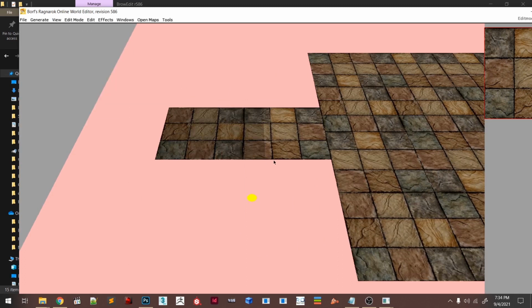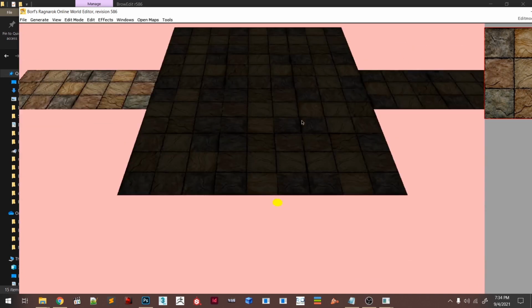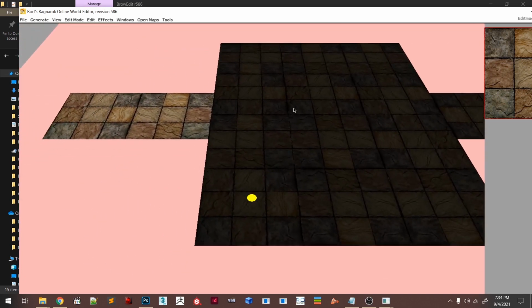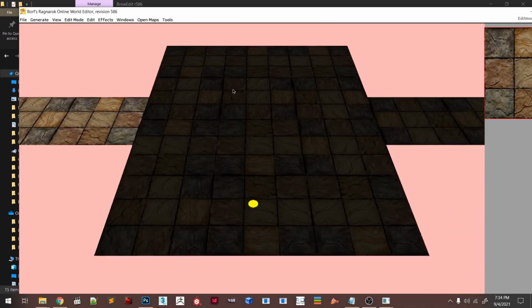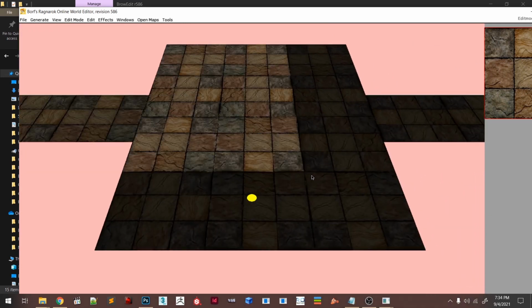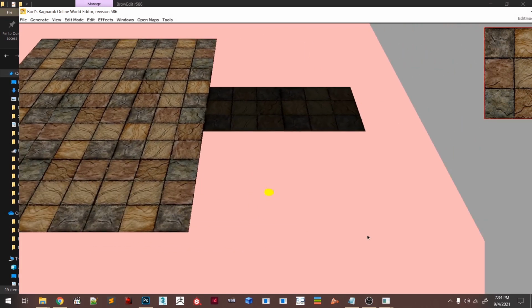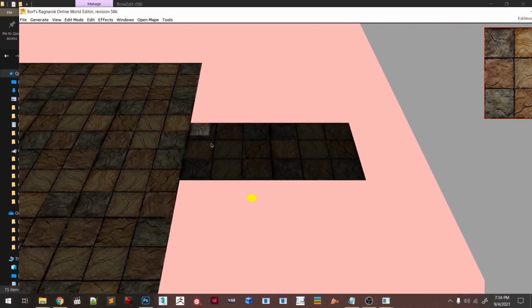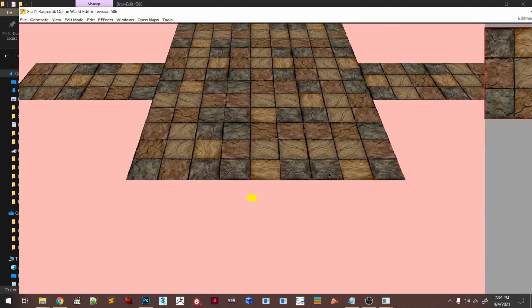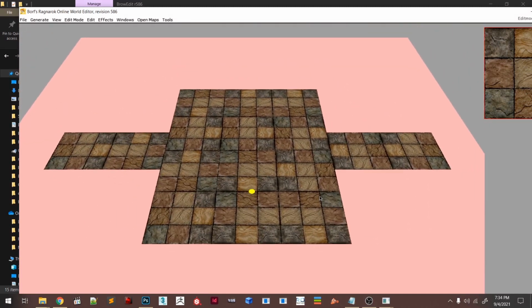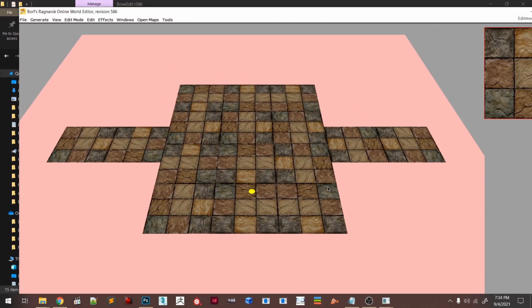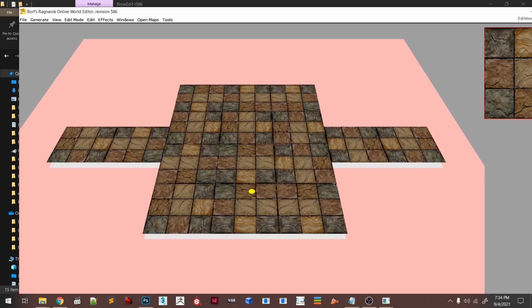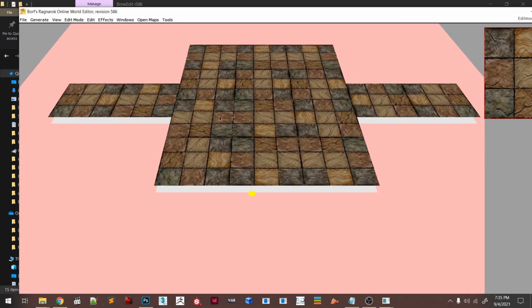So now I'm able to select pieces of the texture, and if I hold Ctrl, I can continue to select this one too. Alright, so now what I want to do is press page up 5 times, 2, 3, 4, 5 times. Okay, so now I go to File, Save.